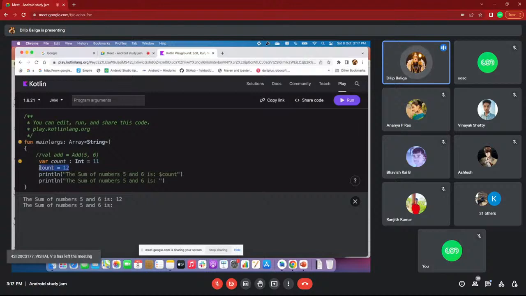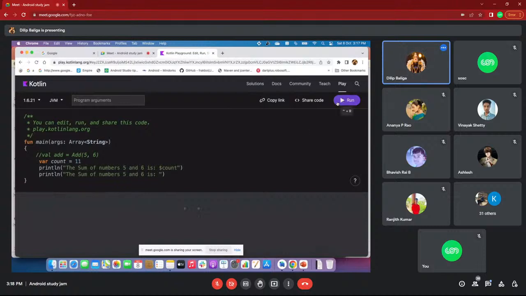Okay, now the third thing I mentioned: in Kotlin, no need to specify the data type. The compiler automatically treats it as this variable type directly. See, if I assign my name, it directly prints.